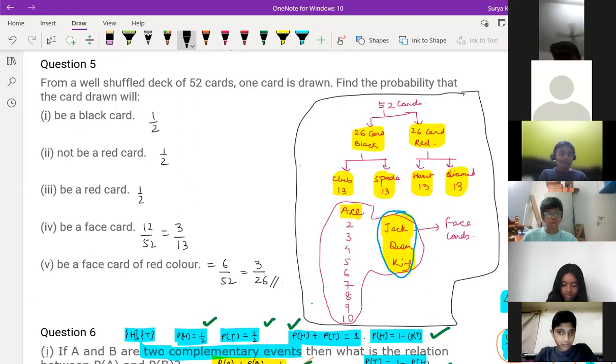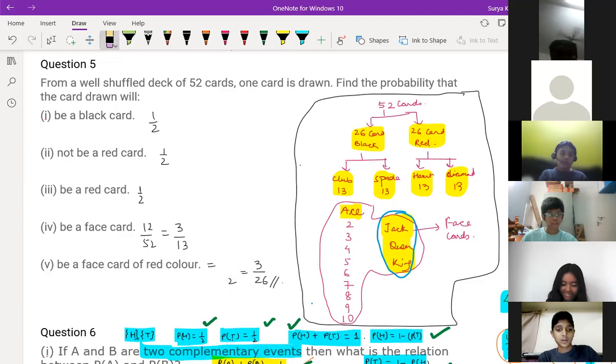Okay. See, total face cards are, how many face cards are there total? 12. So how many are of red color? 26. No, face card only, not total. 6. Okay, 6. Sir, is 6 by 26, sir. Why 6 by 26? We are comparing with complete card, 52. Sir, because he told red color, sir. But the total outcome is 52.